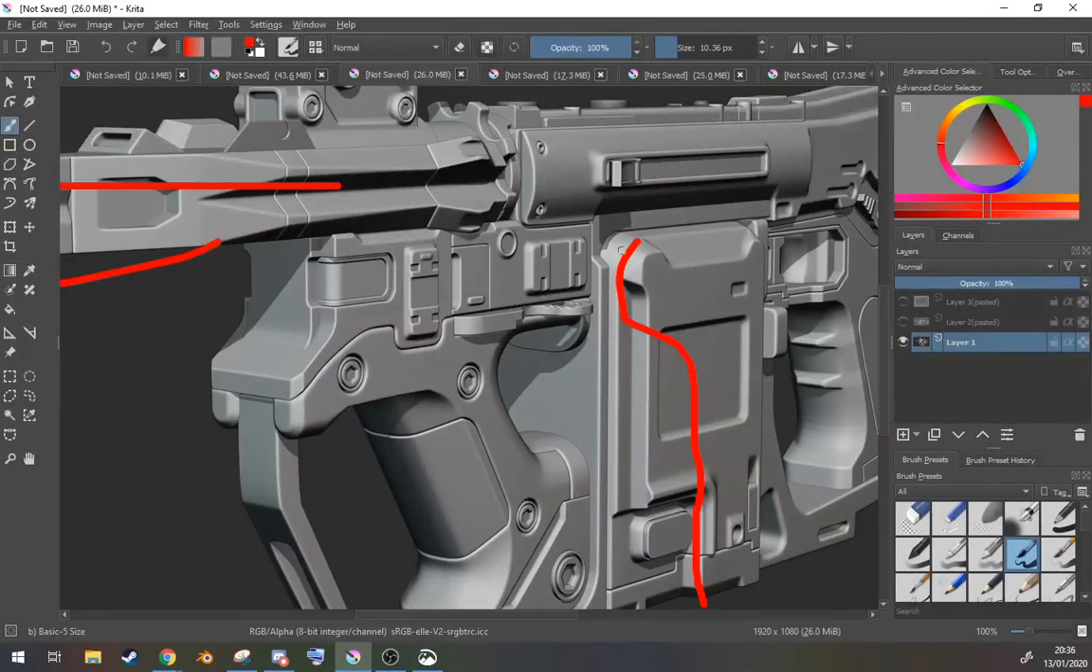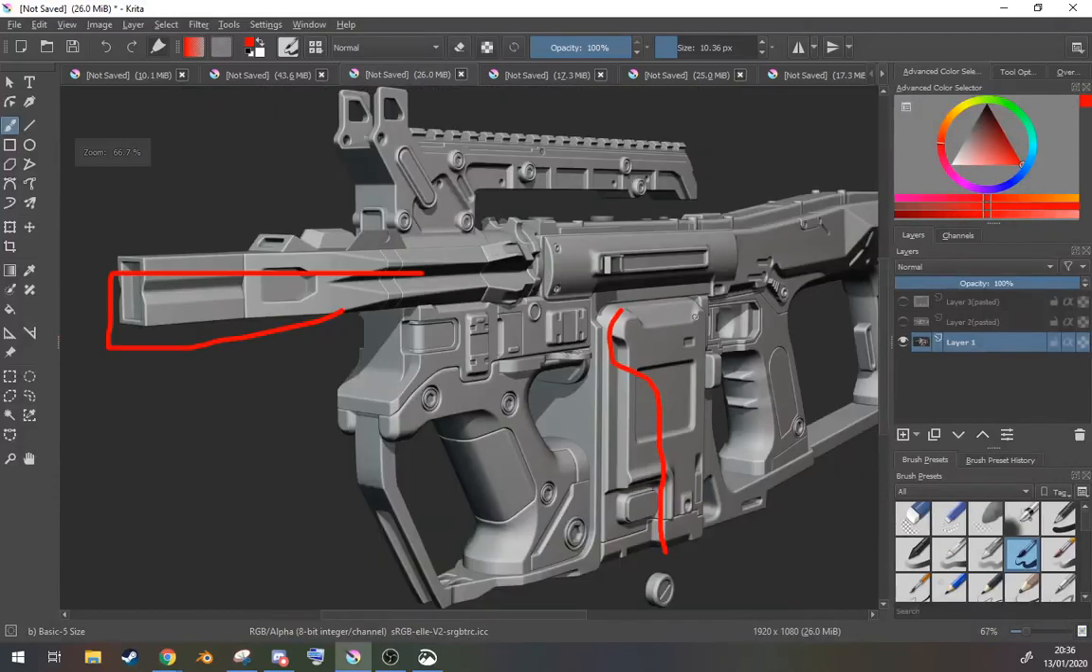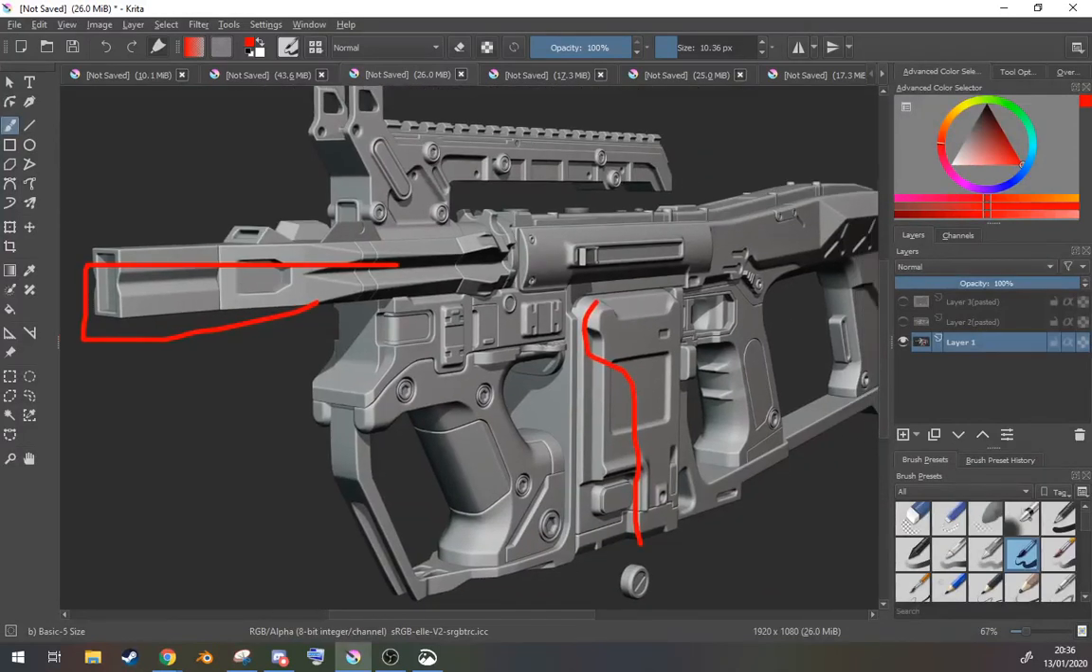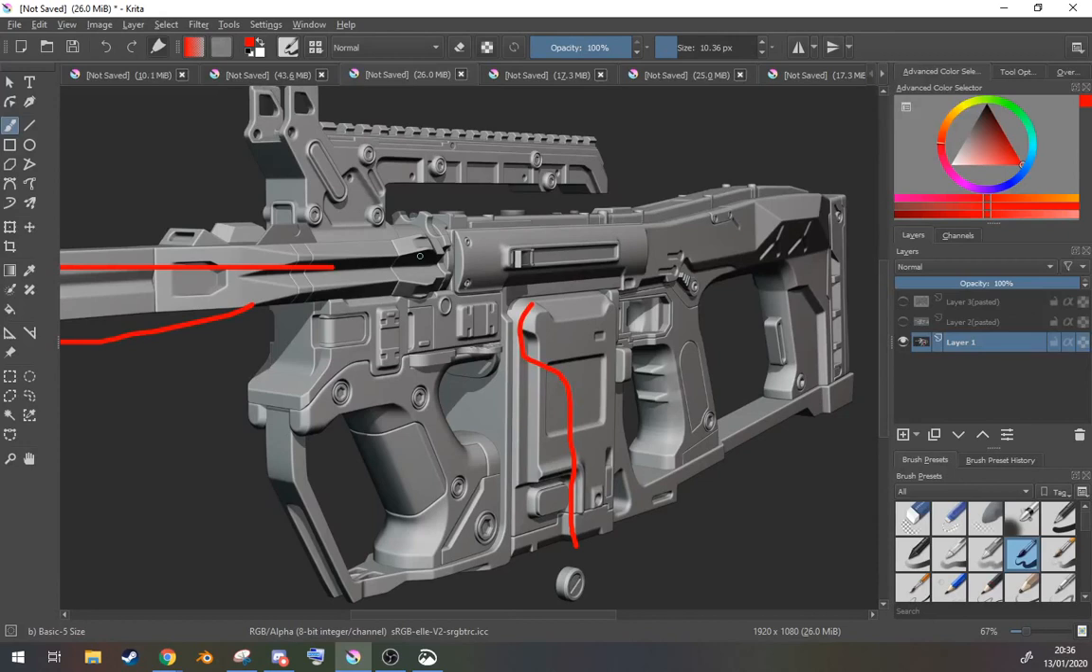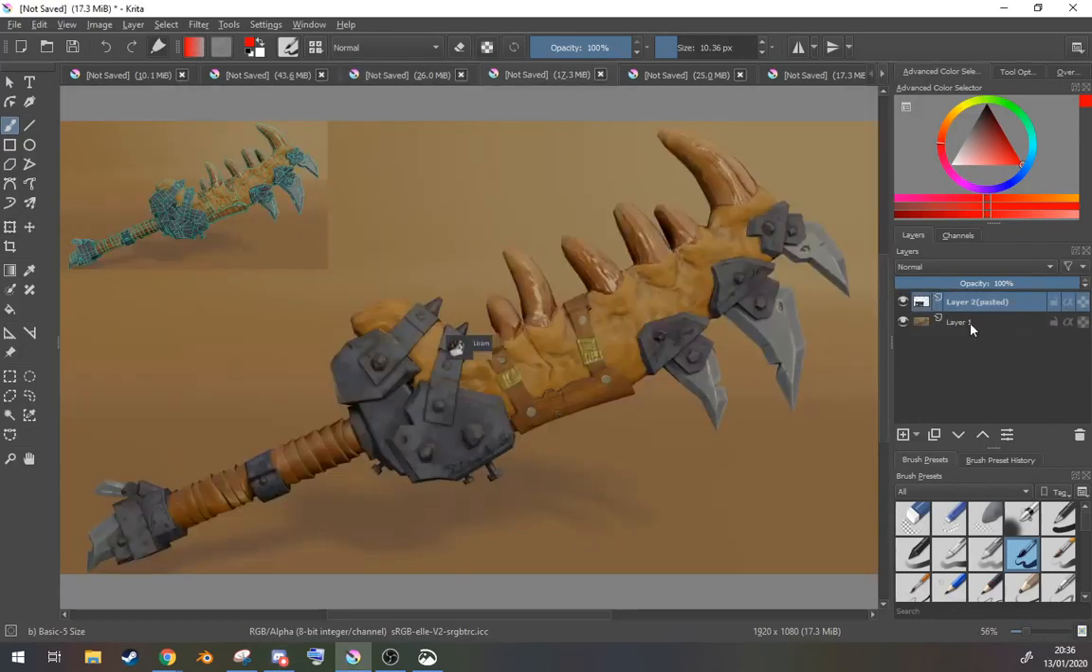I think we've had a couple of amazingly good gun renders in here and in my last stream. But yeah, not much else to say. I will go on to